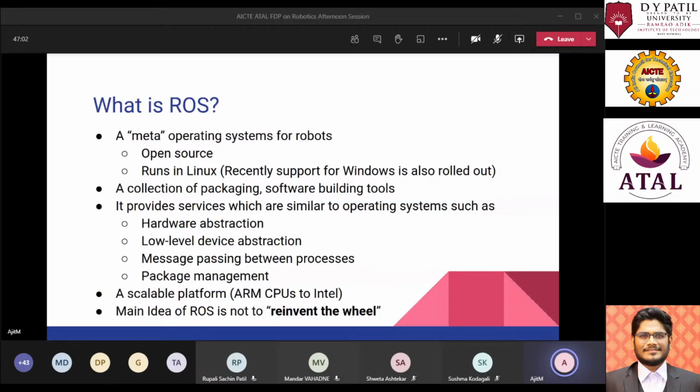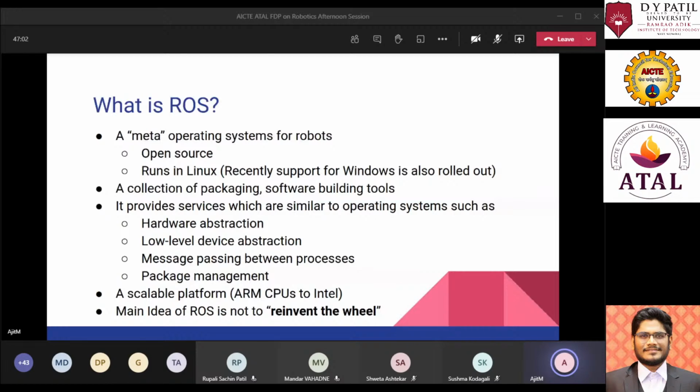So the philosophy of ROS is peer-to-peer communication between nodes, which is basically sending the messages, sending the data between the nodes for communication to take decisions upon the incoming data from the sensors.